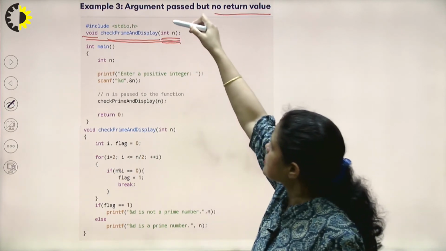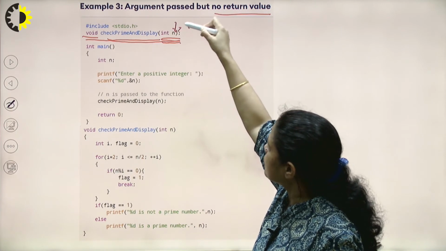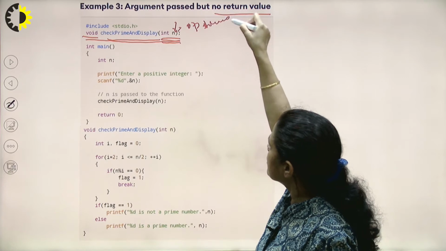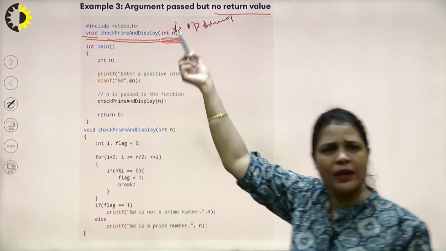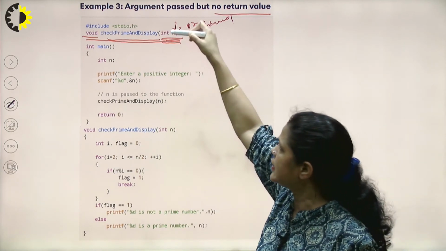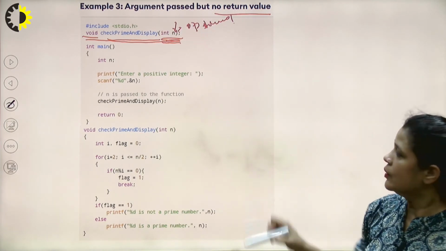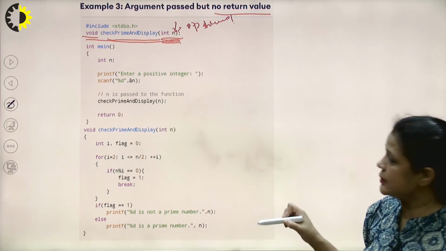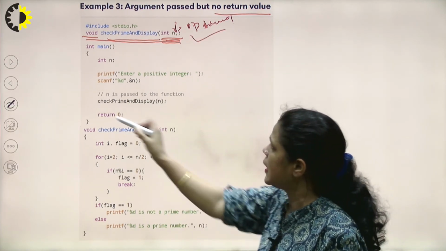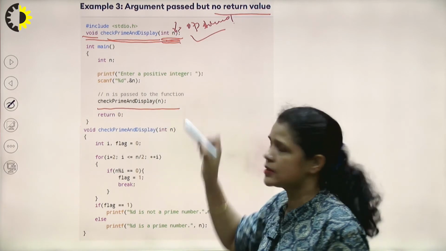This n is optional. We can write it, otherwise we can leave it as it is. We need to write int only here on the new compilers, right? So this declaration part is clear to us. After that, this is the